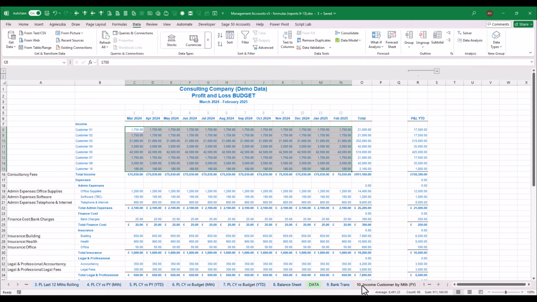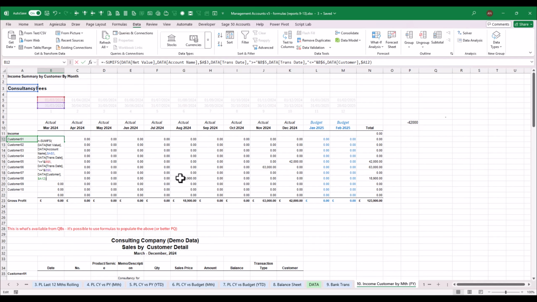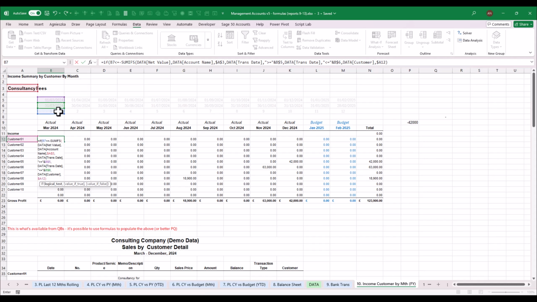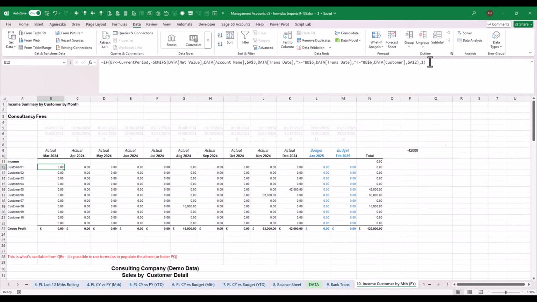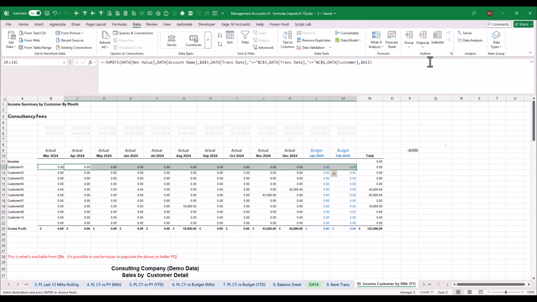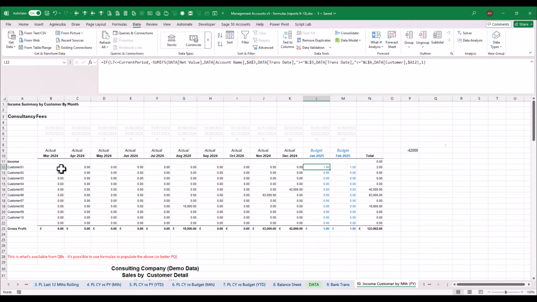So we will have to do an if: if this is less or equal to current period, then do what we have done. Otherwise, return 1 for now. So let's just see if that works. And that works. But we obviously don't want 1. We want